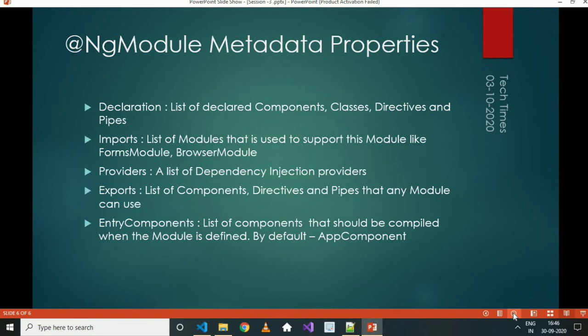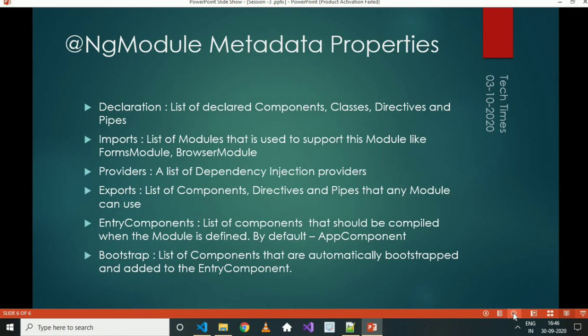By default, an Angular application always has at least one entry component, that is the root component, the app component. Things like pop-ups and dialog boxes, we should define in the entry components section. Next is bootstrap. Bootstrap is a list of components that are automatically bootstrapped, and the listed components are automatically added to entry components. So I think now we have covered all the basics.